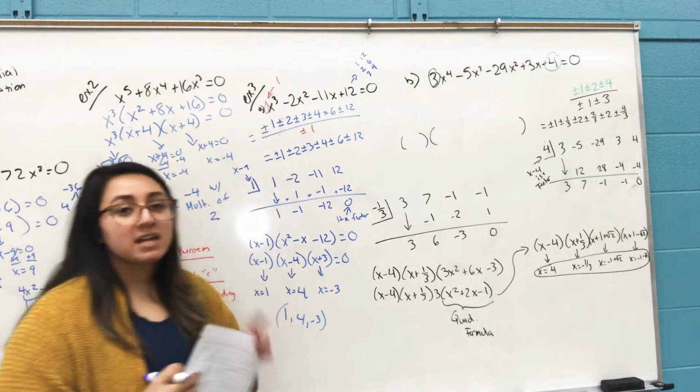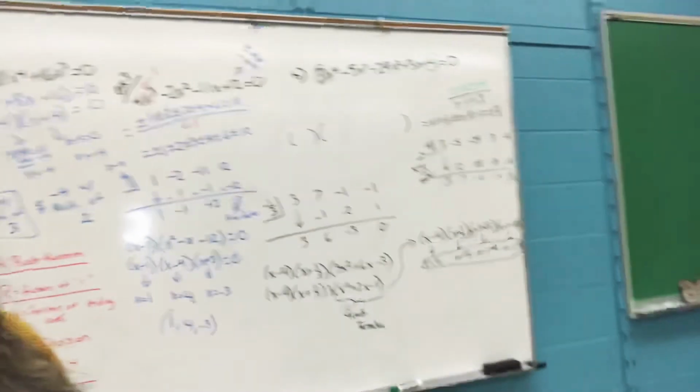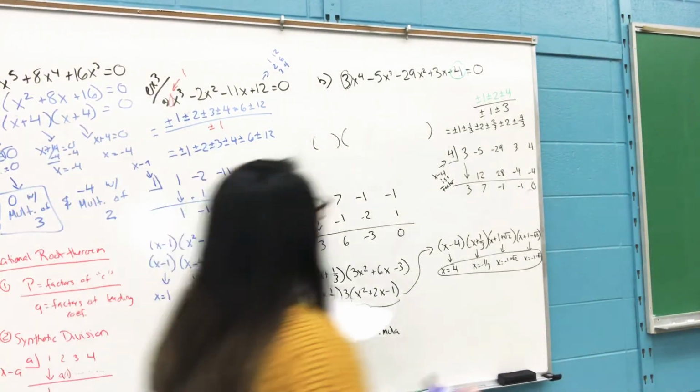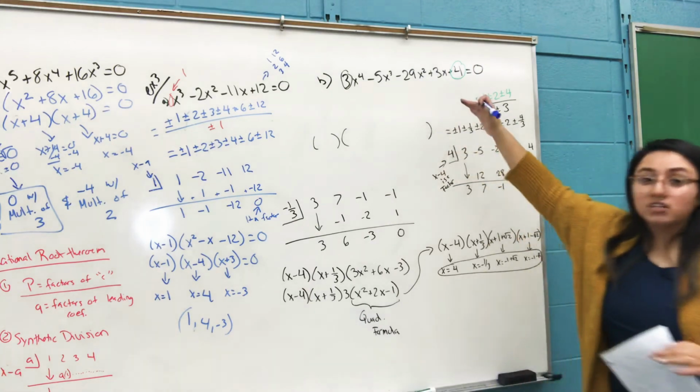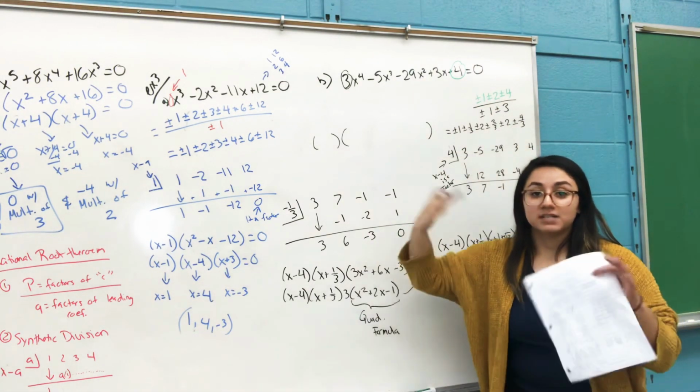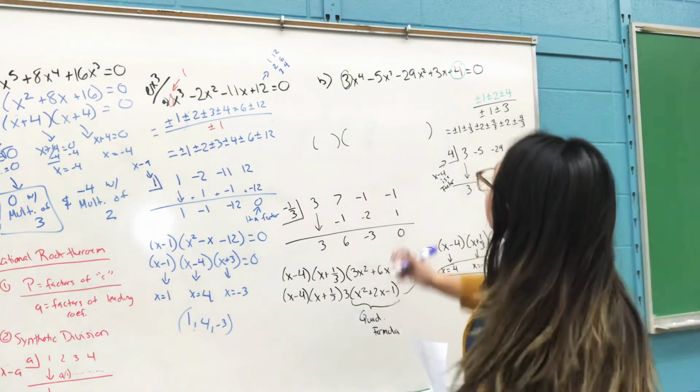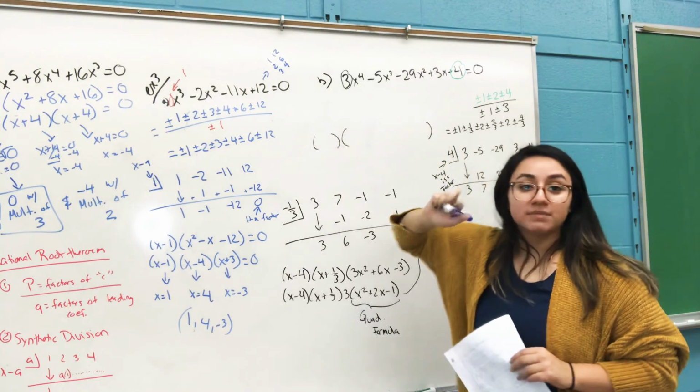Next one, B. B is where it gets a little bit more complicated because now we have different types of polynomials, and it gets more complicated because of that. So now, let's go ahead and factor. I'm actually going to make 2 videos